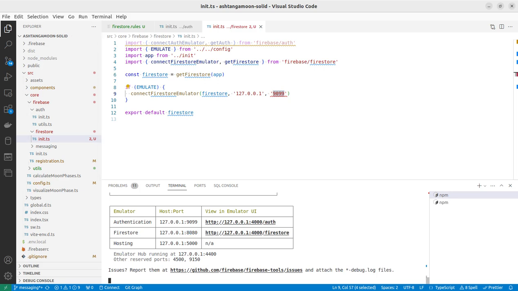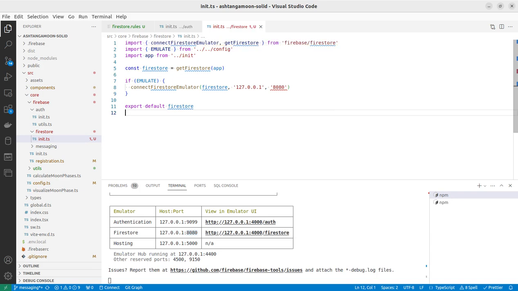You can always see the port numbers here or through the UI if you need them. So I'm going to copy this port number. Yeah, I'm lazy here. Let me save the file, and here it needs a number, not a string. Now if I rerun the application, it should start Firebase in emulation mode and connect to the emulator, which is good. But to test that,